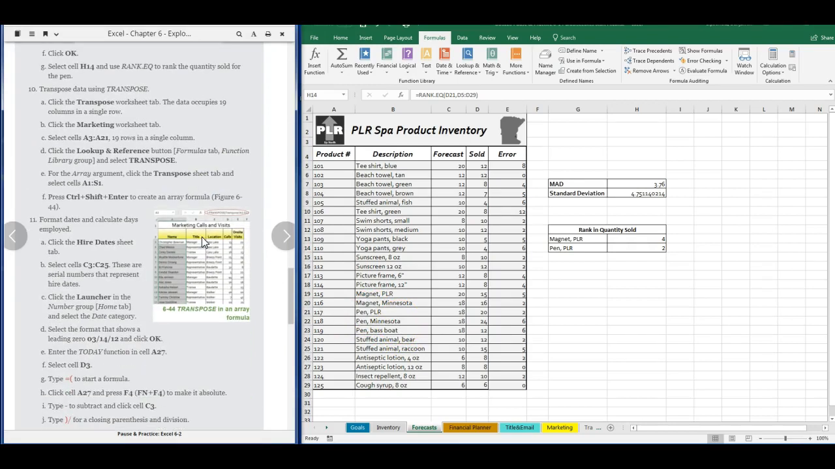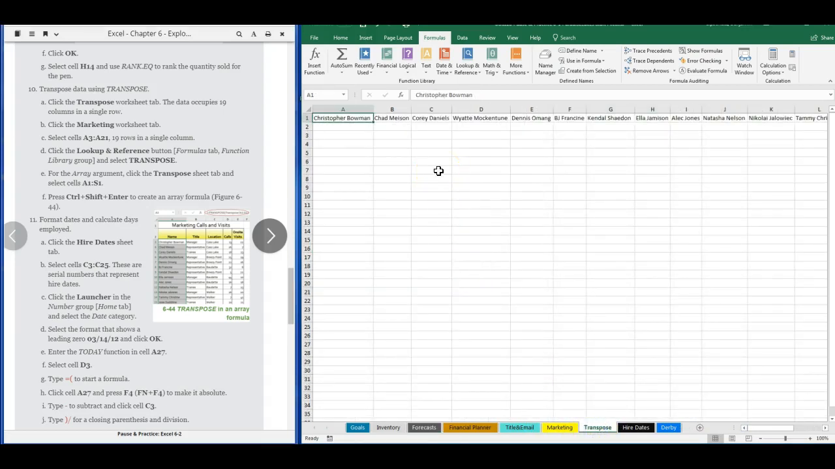So the next task is to transpose data using Transpose. So we're going to go to our Transpose worksheet here. And this occupies 19 columns in a single row. And really we can have this listed as 19 rows within a single column. So we're going to select cells A3 to A21,